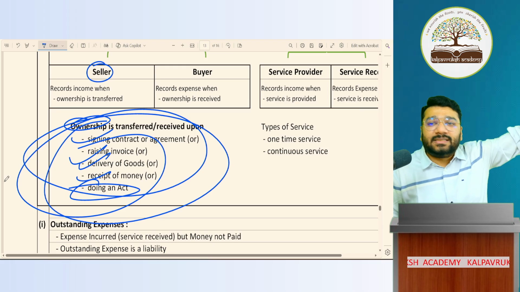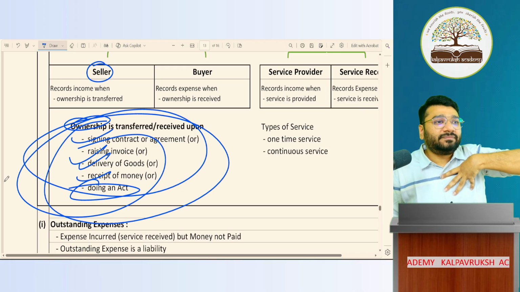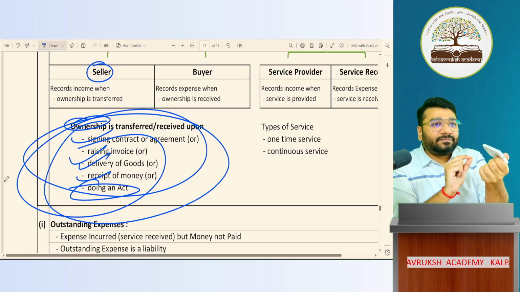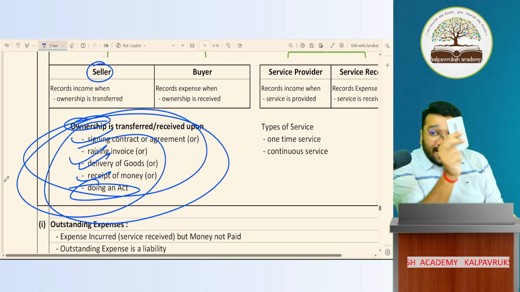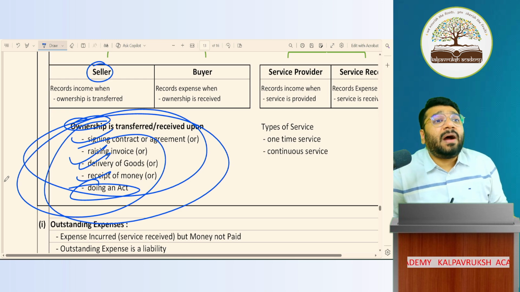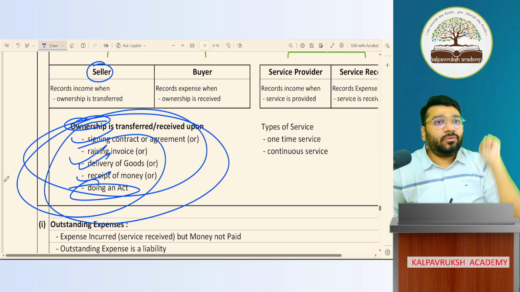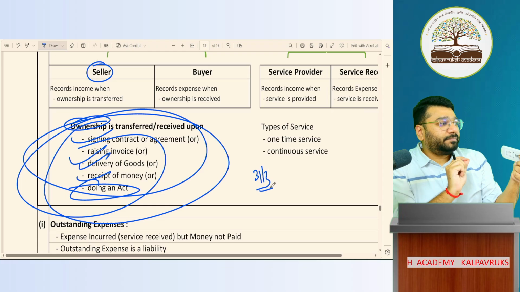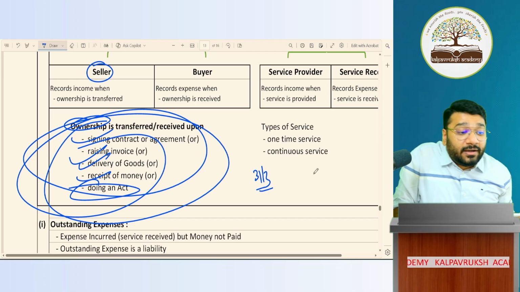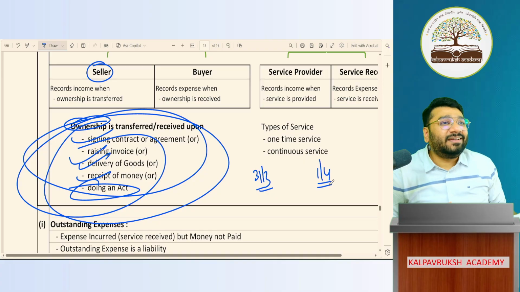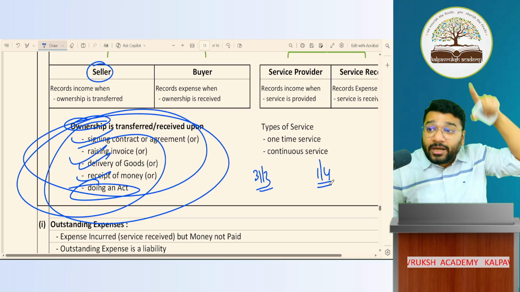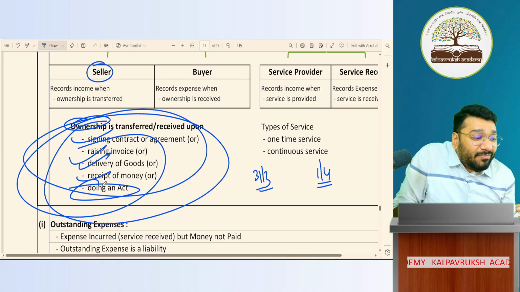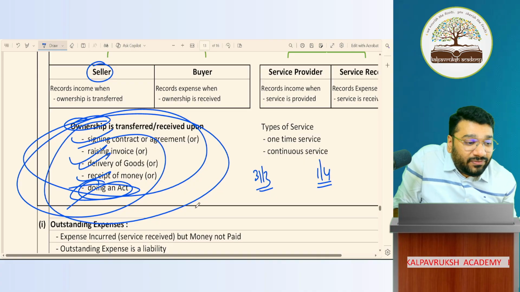Clear or not clear? Imagine in this departmental store, the owner is my friend. I don't have money with me. So my son went there, saw the chocolate, and tore the wrapper. So I have to take the chocolate home. I didn't pay the money to the departmental store owner. I said, I'll pay tomorrow. When was the wrapper torn? 31st March. When did I pay the money to the owner? 1 April. When will you record the sale entry? As per the accrual concept, you should record the sale when the income is earned. When is income earned? When the ownership is transferred. When is ownership transferred? By doing the act of tearing the wrapper. When did that happen? 31st March. Oh my God.